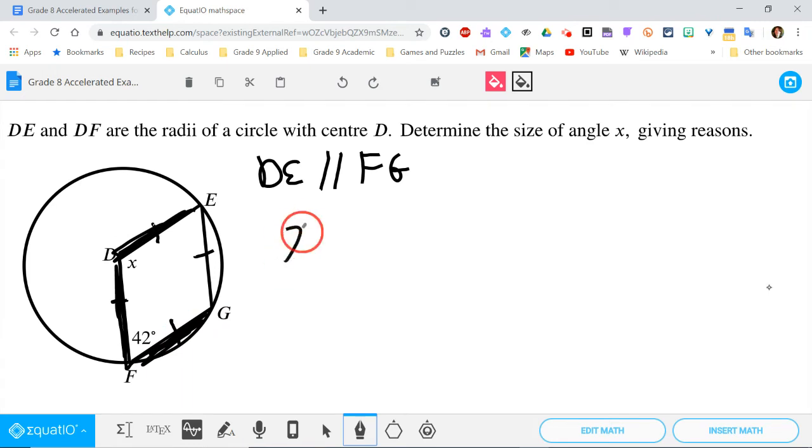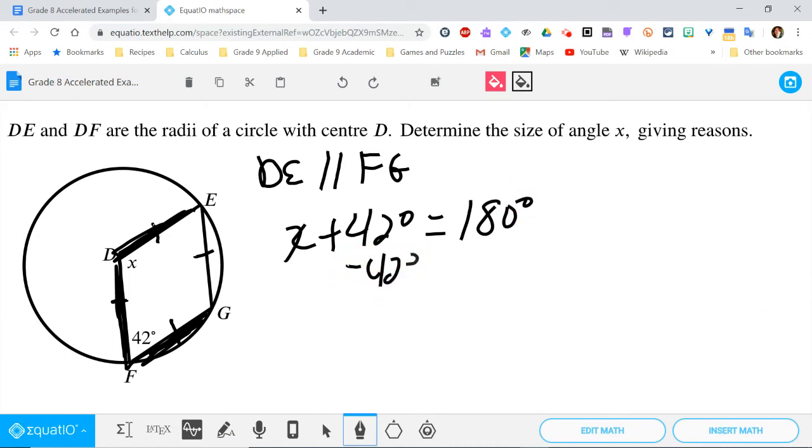So I know that x plus 42 has to be 180 degrees. So I'm going to subtract 42 from both sides. So x is going to equal 138 degrees. That's one way of doing this question. The other way that you can work on this question,